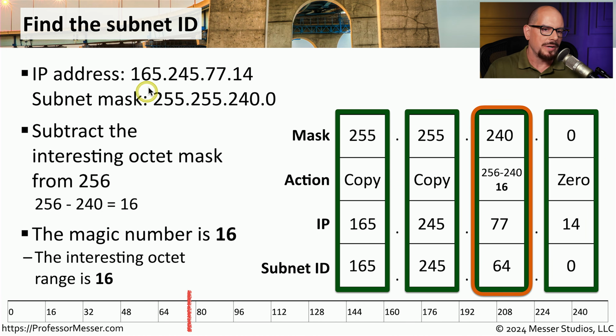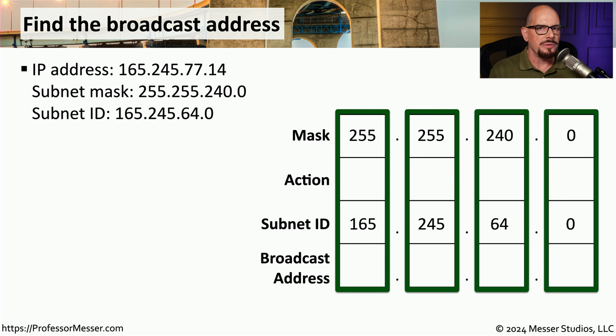So for the IP address 165.245.77.14 that has a subnet mask of 255.255.240.0, the subnet ID is 165.245.64.0. Of course, not only do we need to know the subnet ID, but we also need to know the